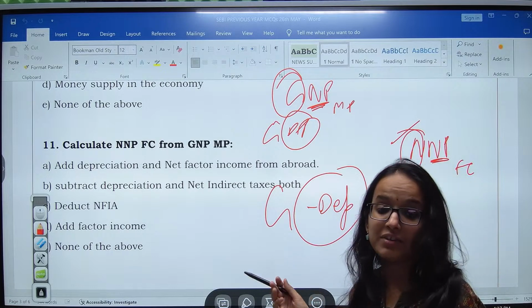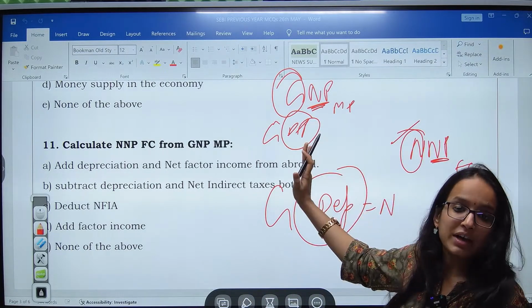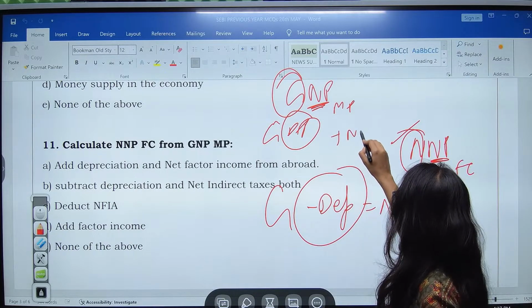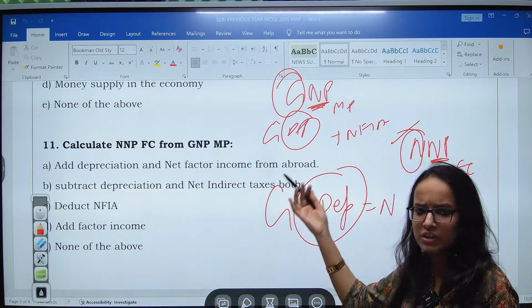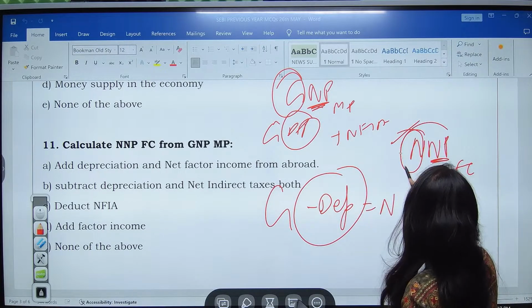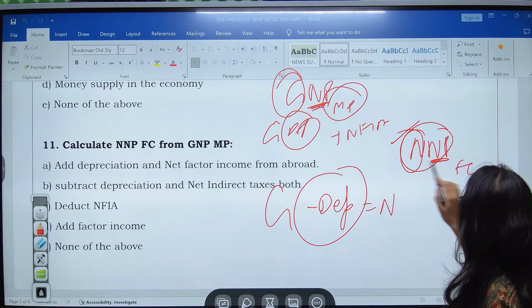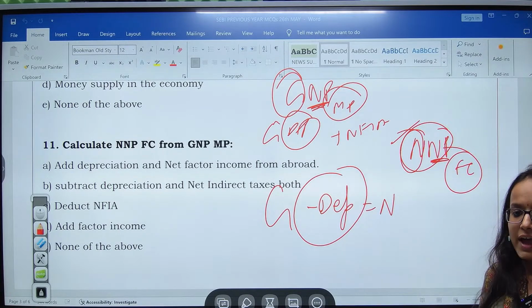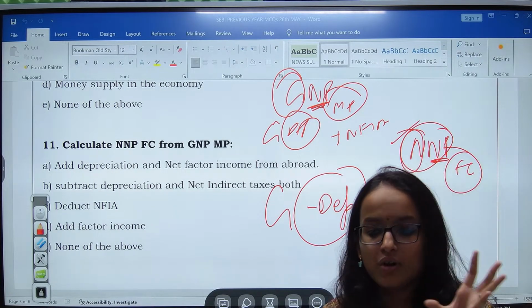Plus NFIA, very good. I am impressed, okay? So NFIA, net factor income from abroad, gives you NP. But here you already have NP, so you need not convert it. Now, GNP has become NNP, you only have to change market price into factor cost. And you already know now that the difference between market price and factor cost is of